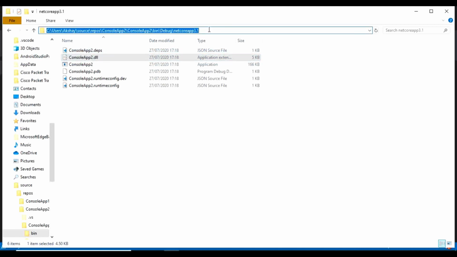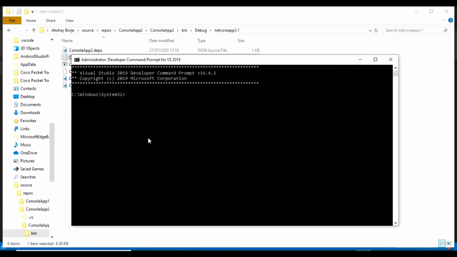I will paste that here and I will copy this full path, Control C, and I will use ILDASM.exe. This .exe is optional. Whether you want to use it or not, you can, or you can just simply write ILDASM. That's also fine. And I will paste that path here.